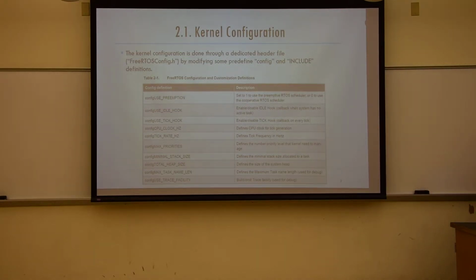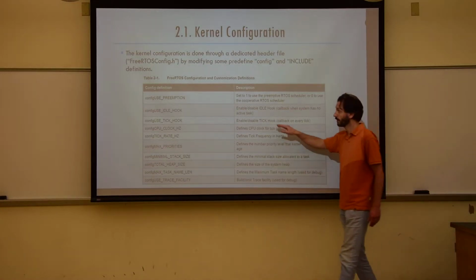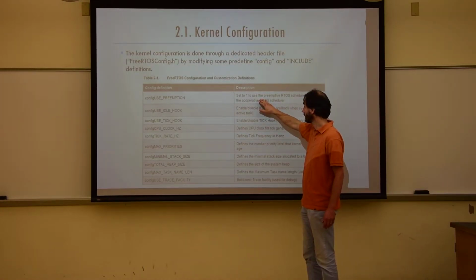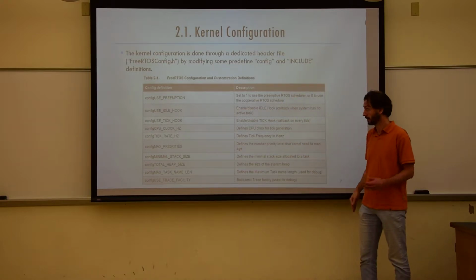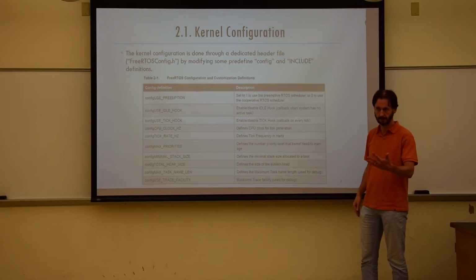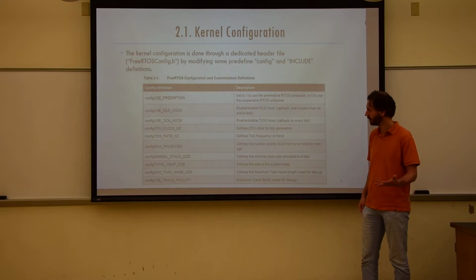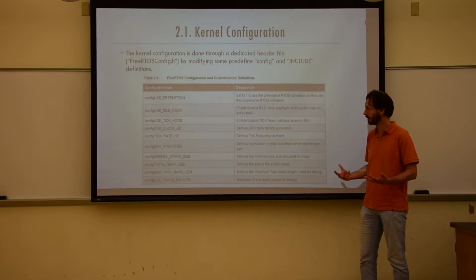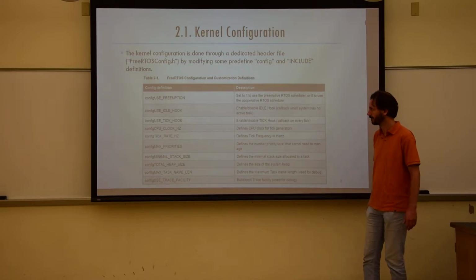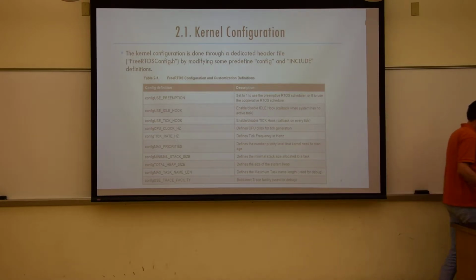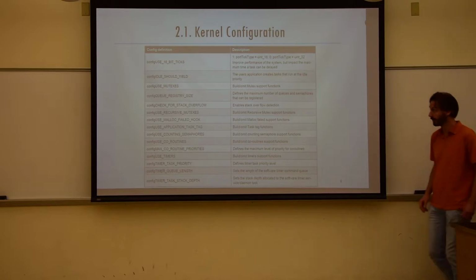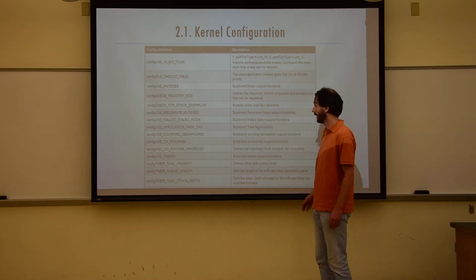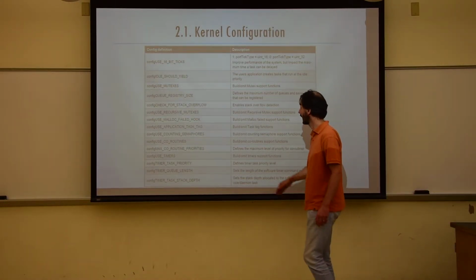So here we have the config use preemption. So it uses the preemptive RTOS scheduler, and that is kind of interesting because in the task that we have for you, you would like to use preemption. So anyway, the parameters actually continue. So we have a bunch more. As you can see, you can